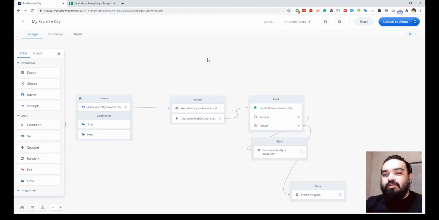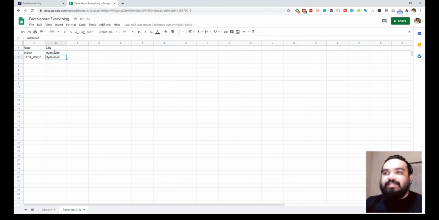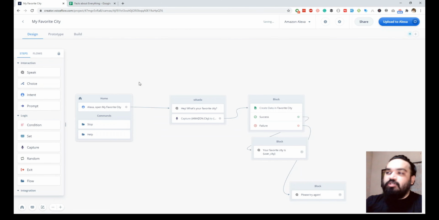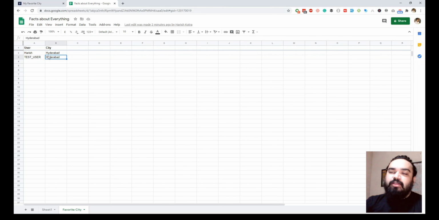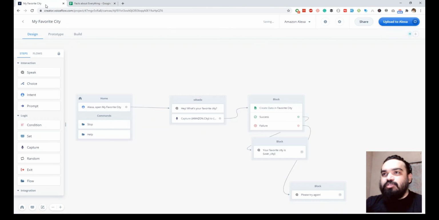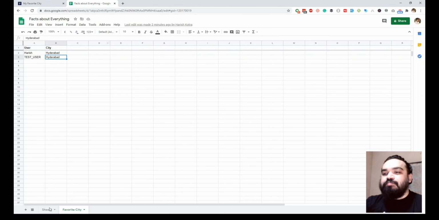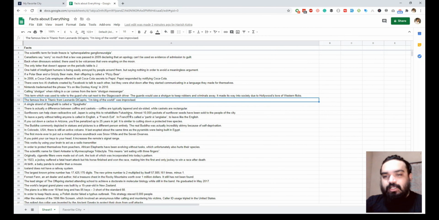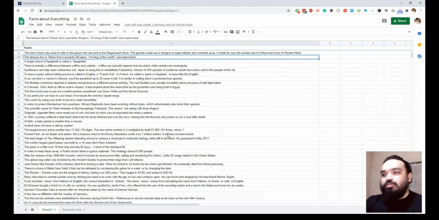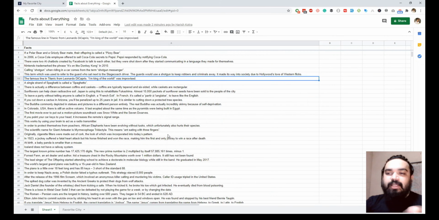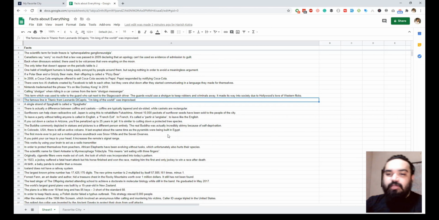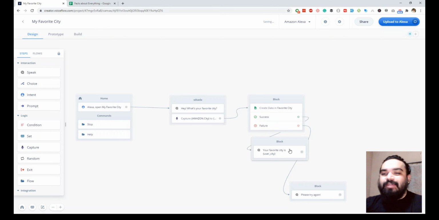In the next tutorial we will also look at updating existing rows in a Google Sheet, and also deleting existing rows in a Google Sheet, so that you don't have to update the structure of the skill, but just update the data here. The same applies to fetching the data. In case you add new facts into your Google Sheet, you don't have to go change your Alexa skill and then go through the submission process, certification process, and all of that. You can just go to your sheet and add a new list of facts at the end. So this is already available dynamically, and you don't have to touch any part of the blocks that you've already created for your Alexa skill.